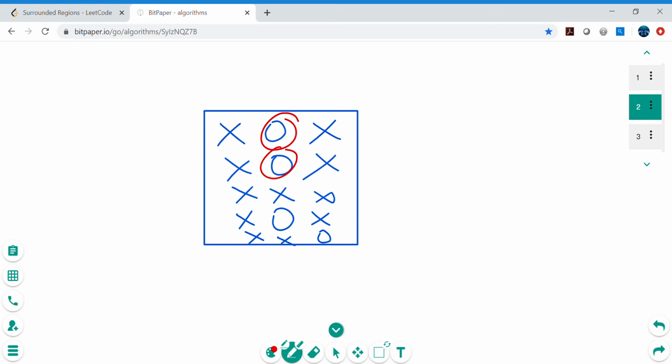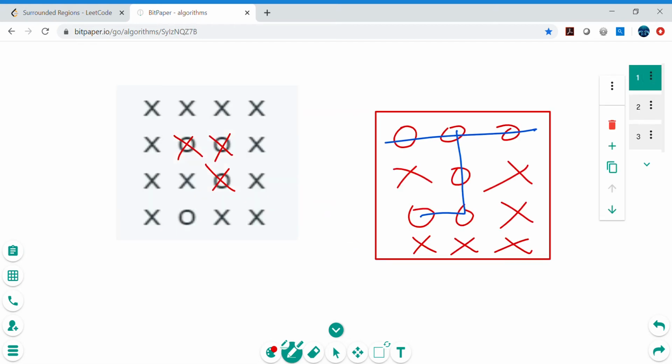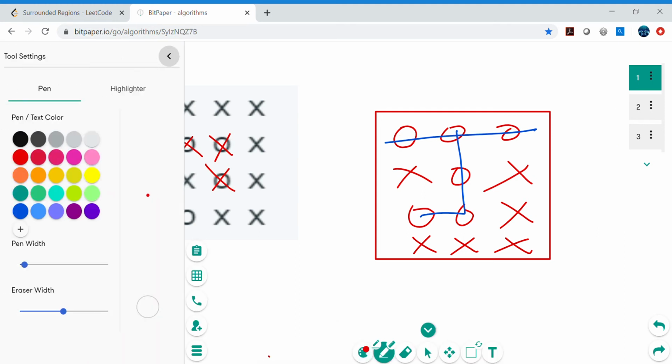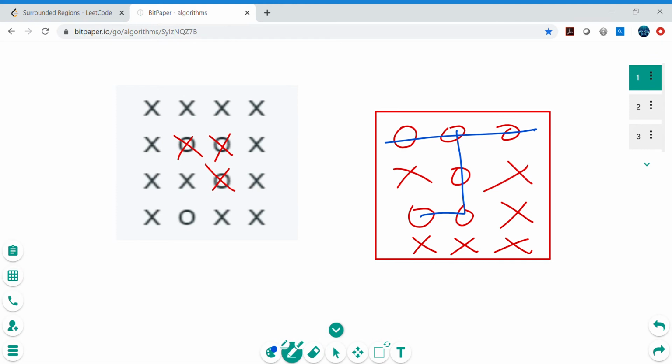We can build multiple examples and try to build our understanding of the problem. The algorithm we will cover in the later part. Now let's try to recognize the pattern of how we are going to change these O's to X. One observation: consider this second edge case that we were traversing through.